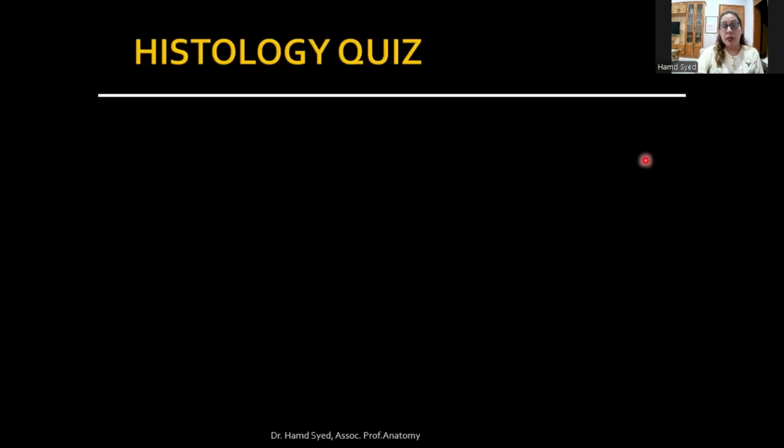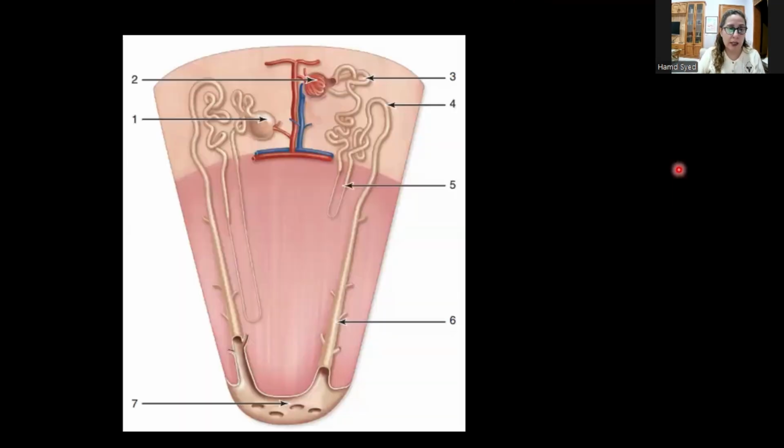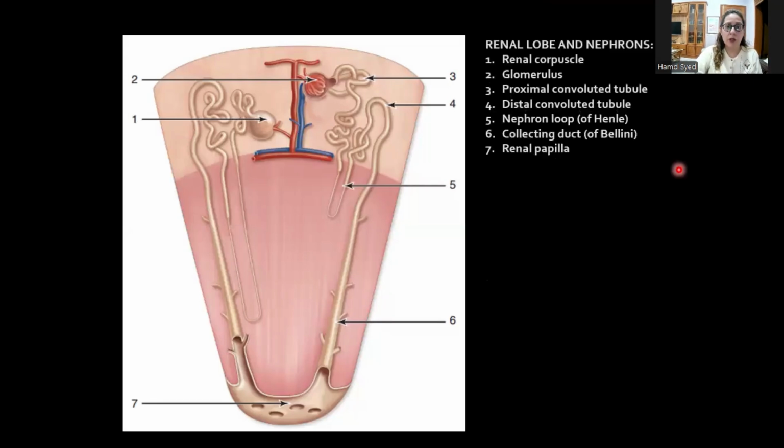Okay, so let's take a brief quiz of histology. After discussing the microstructure of the kidneys today, you should be able to identify these parts of the lobe of the kidney. So this is a renal lobe, and over here you can see number 1 is the renal corpuscle,